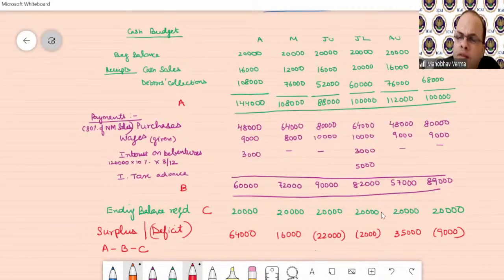What do you mean by surplus or a deficit? I think that's given in the question, right? So the action here is,